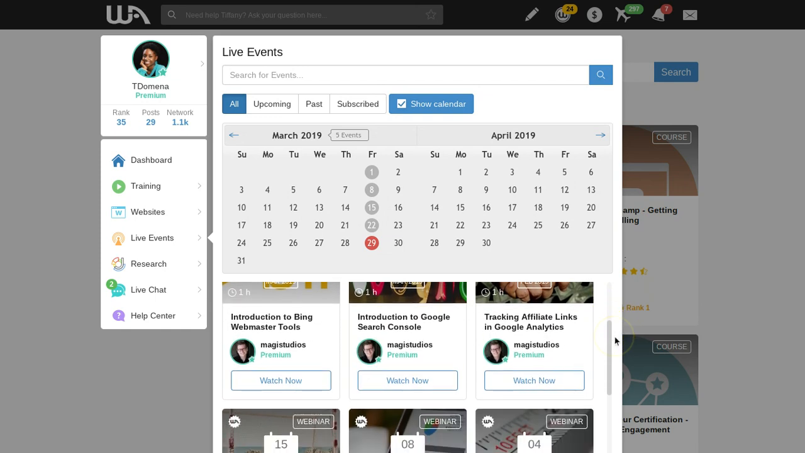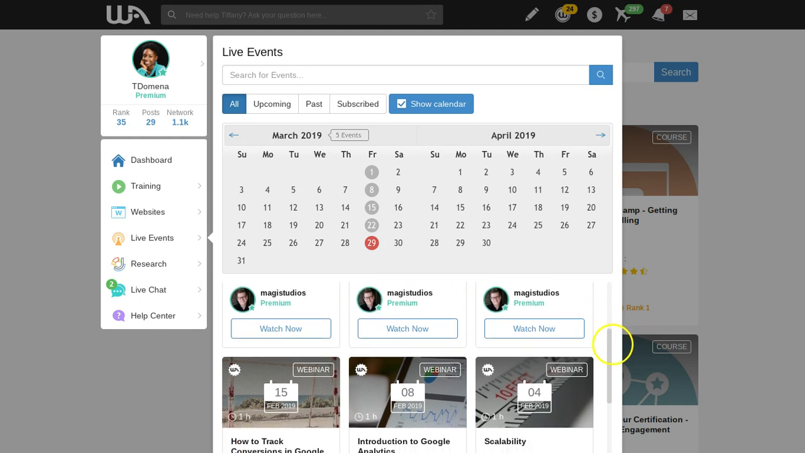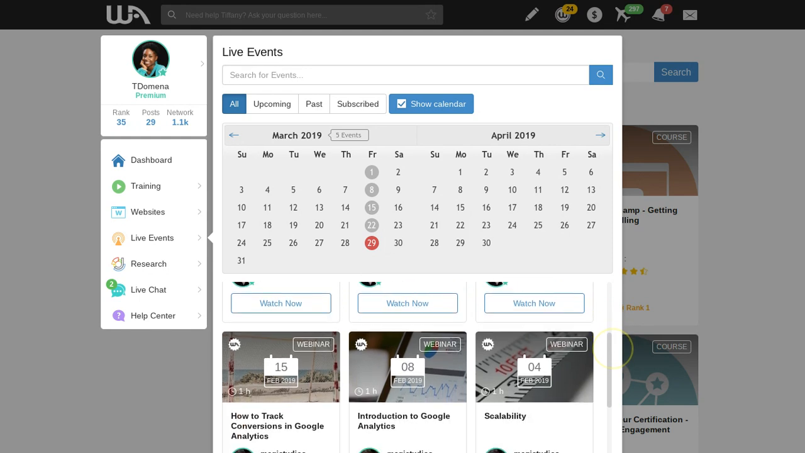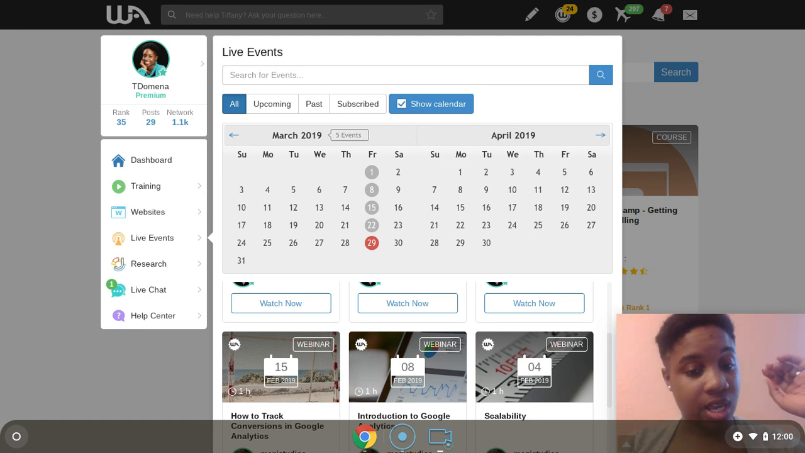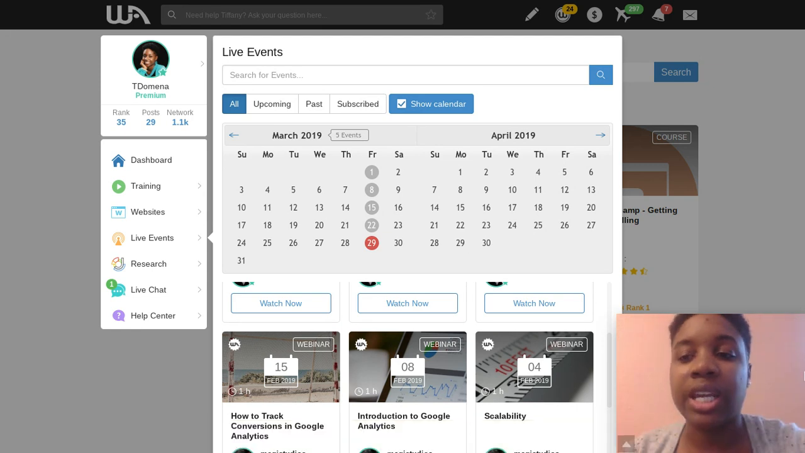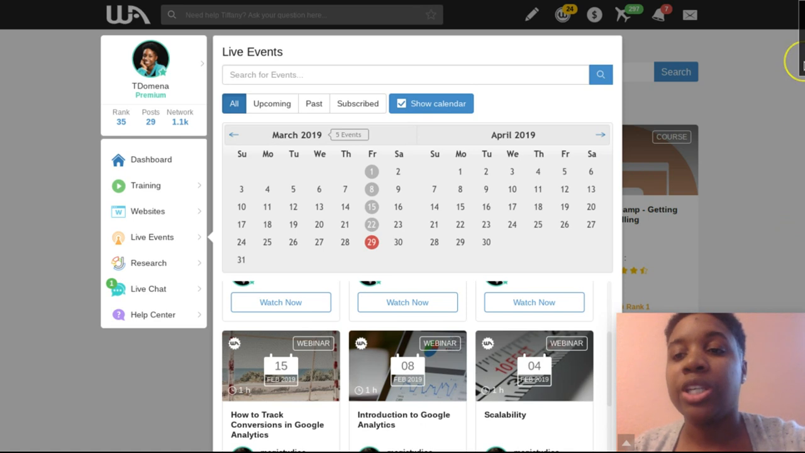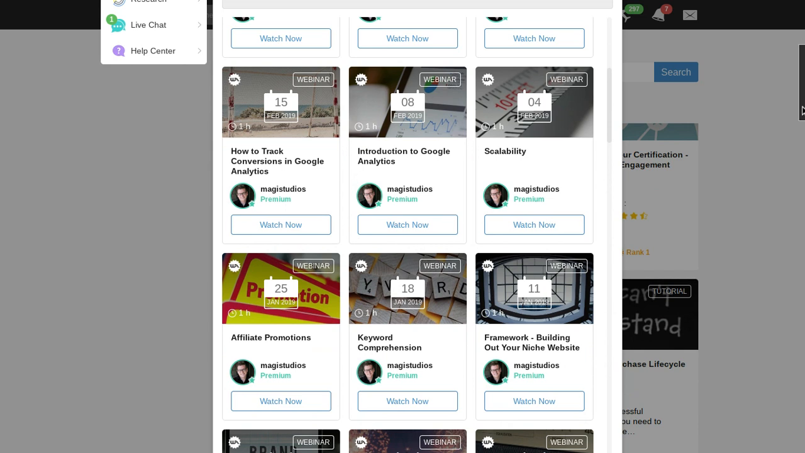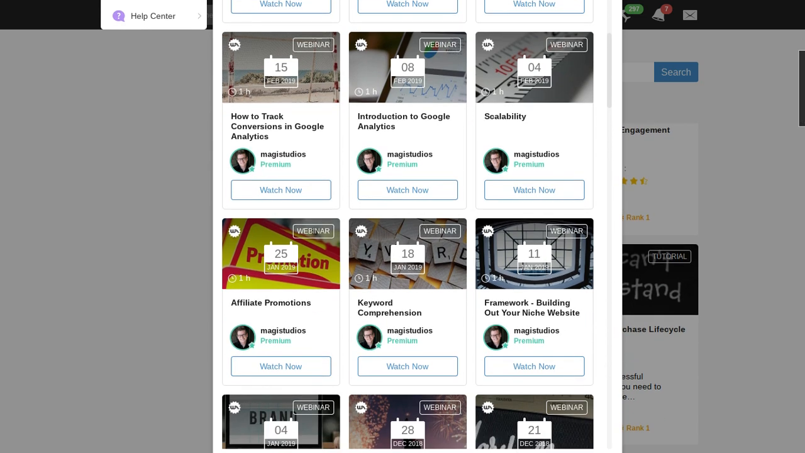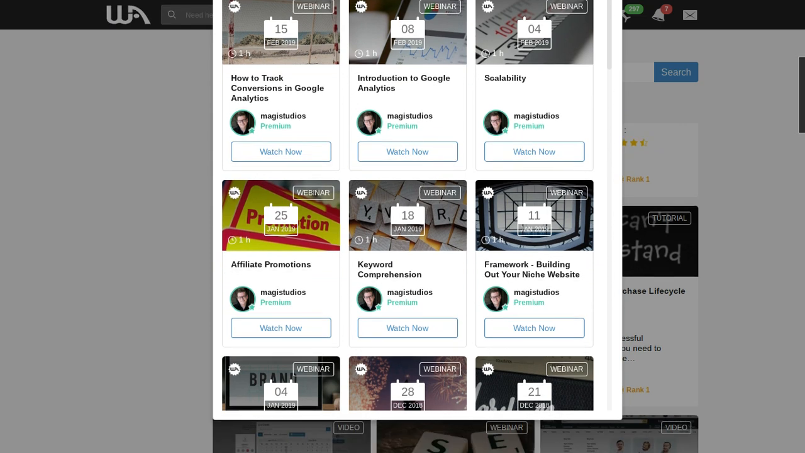So they're trying to also include new factors that will help to rank better, because the algorithms are becoming more sophisticated and taking into consideration more factors, especially since mobile is growing and since voice search is growing and different things like that. So Wealthy Affiliate is continuing to evolve the training to accommodate these new factors and these new trends in technology. So you can see scalability, introduction to Google Analytics, how to track conversions in Google Analytics, affiliate